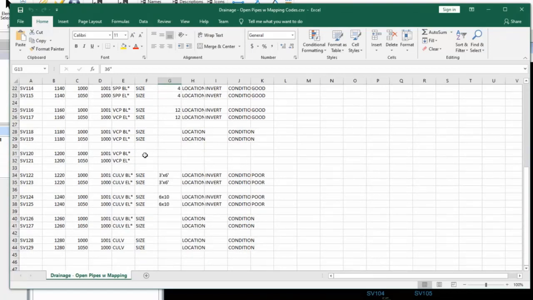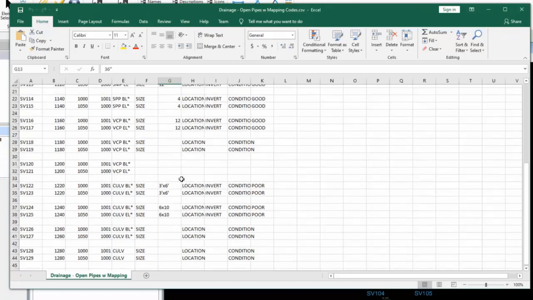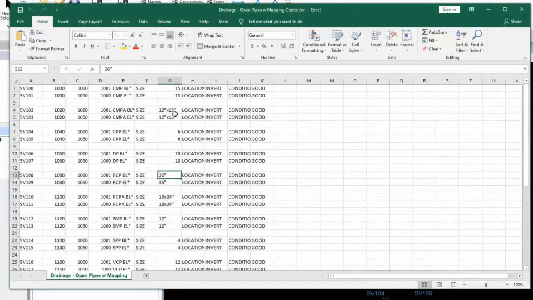So that'll draw the line, but it won't label it with the size. And lastly, some culverts with begin line, end line, sizes. And here's an example where they didn't enter the attributes. And here they forgot to enter the begin line and end line. So no linear feature actually will be drawn. But I should mention that anything that's an elliptical pipe, the format is rise by span.